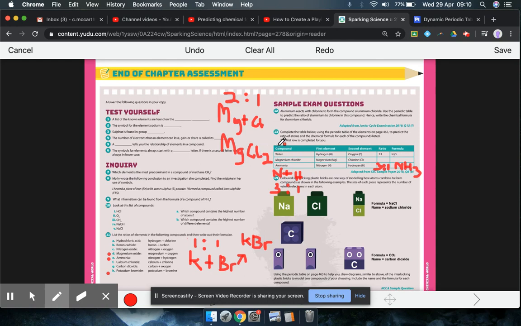So each of these atoms will have a valency of 1. So 1 plus 1 gives us an overall valency of 2. So therefore, we have 2 is to 2, if I write it underneath it, and you can see there that that is going to be a stable compound. So actually, the answer for this one here was, first of all, the ratio was 2 is to 1. Okay, so 2 is to 1. And we can see here that this was MgCl2. And I can't write that in there, but you get the idea. Okay, so that is